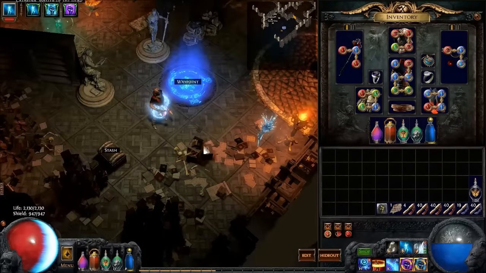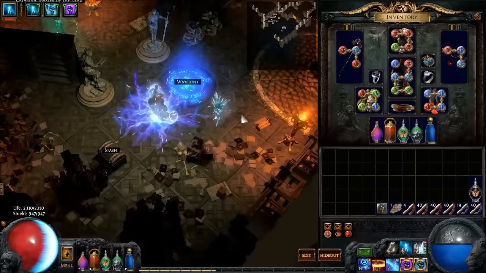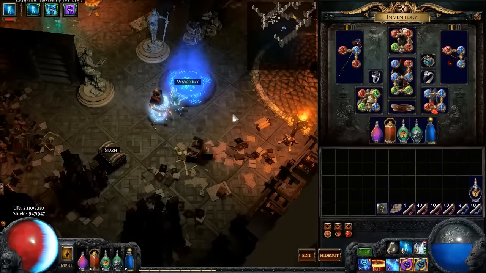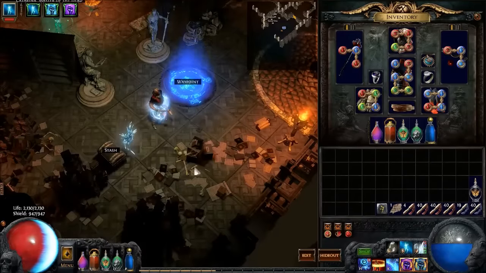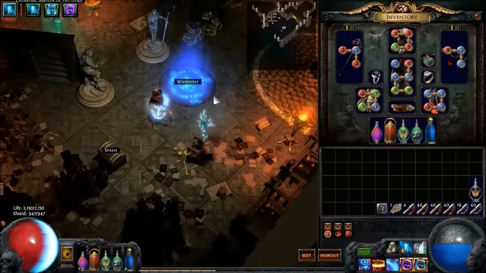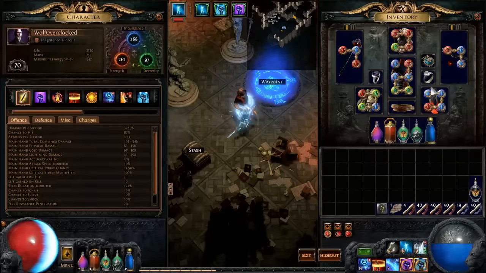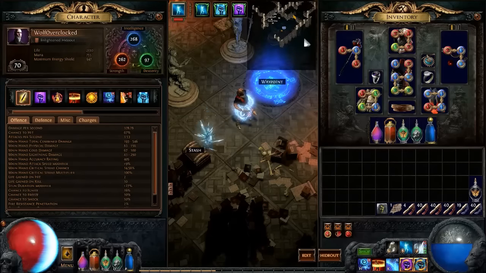Now, the thing about Shock Nova, I don't spam it like that. I mostly just hit it once and then move on, because this is for casting my 2 curses at the same time on basically all the enemies around me. It's super fast, and it's super effective for getting the curses on just everything on the screen, more or less. And it's not as good as Herald of Thunder was, but it's really, really good and solid for getting my charges